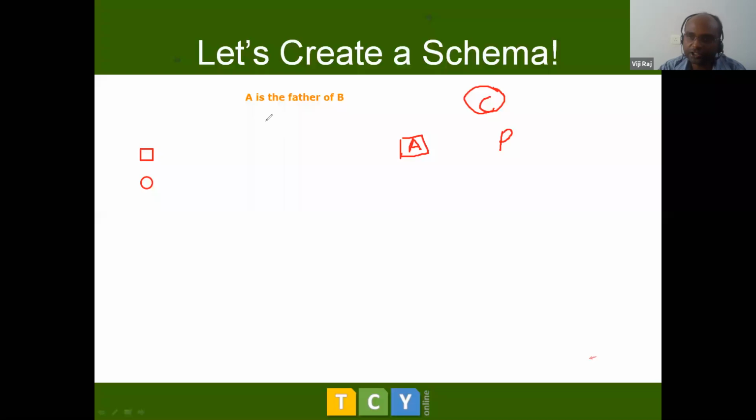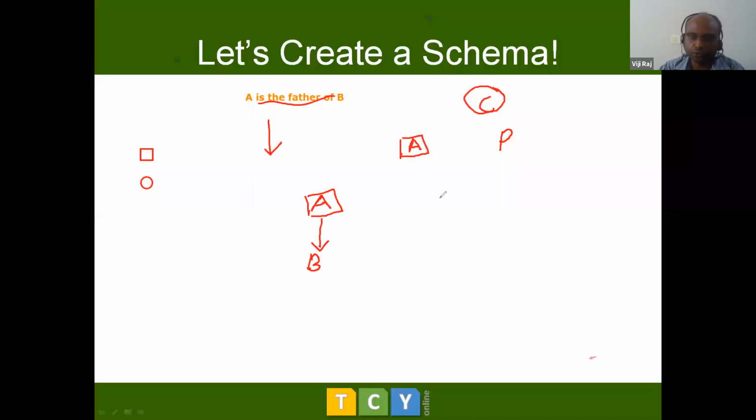Second thing is, to show a relationship, a father-son relationship or a mother-son relationship can be shown by a downward arrow. For example, to show that A is the father of B, we can show it like this. A's gender is defined as male, is a father of B, whose gender is not defined. So we leave it as such, right? Now, this was about father-son or mother-son or father-daughter, mother-daughter relationships.